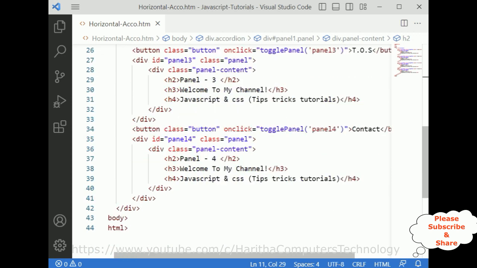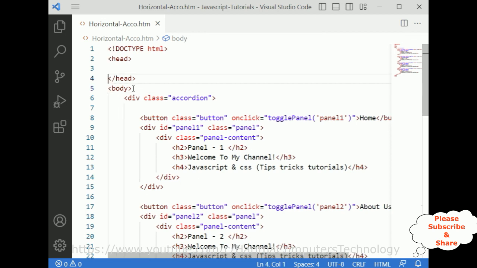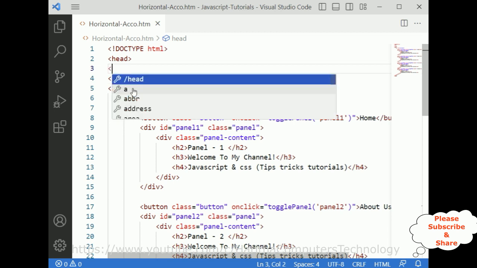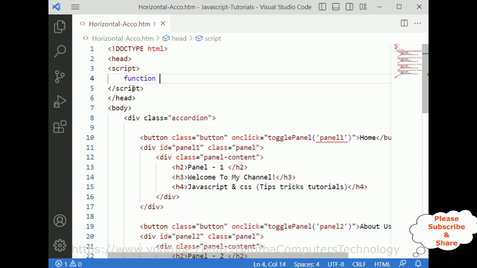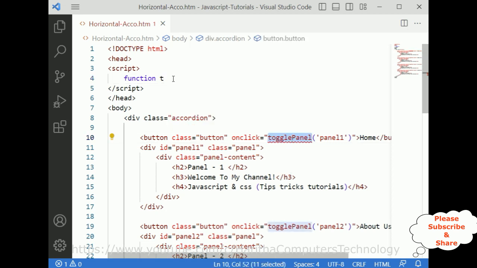That's it. Up to now we have just finished the designing part. Now we require the JavaScript functionality. Let's add below the header section. In the header section, let's add script. Function toggle panel. This is the toggle panel now. Let's add this toggle panel,